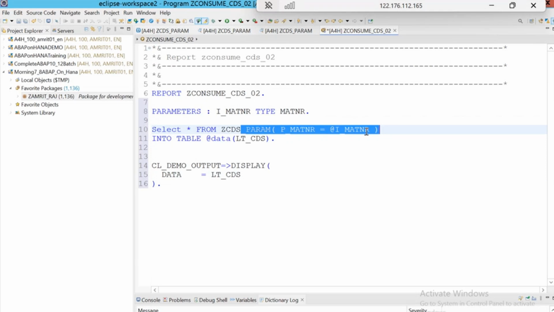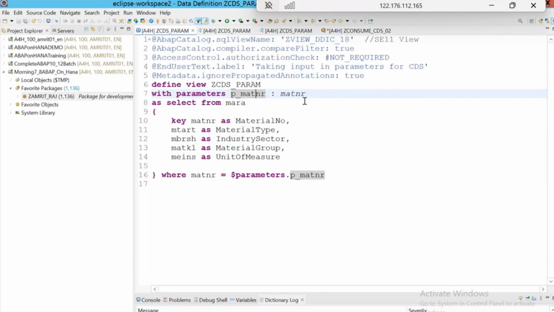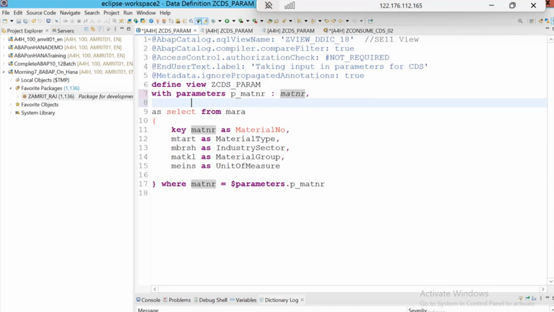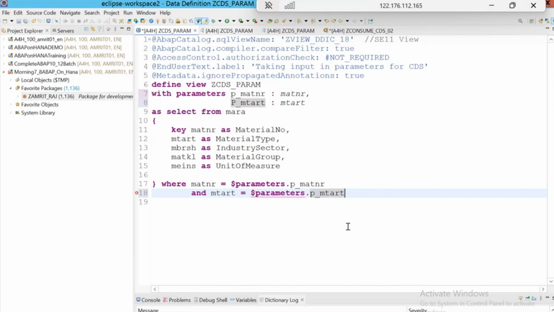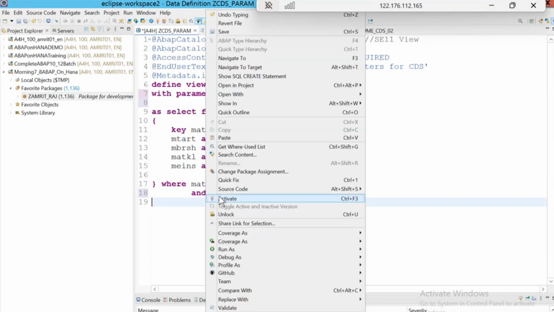If you have multiple parameters here, let's say I want multiple, I can give a comma here. So P, let's say, material type will be there. And we can have an AND condition. So AND material type is equal to $parameter, P_mtart. Multiple ones. So now if I activate it,